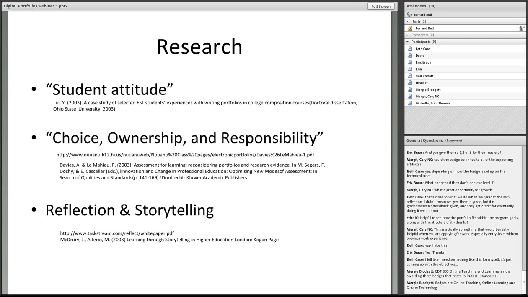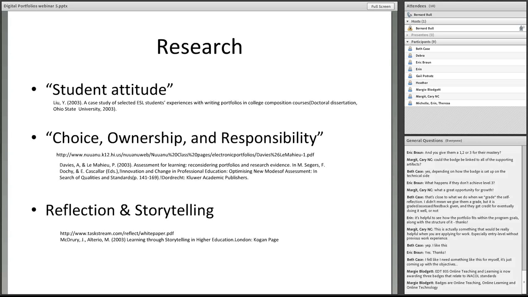And without making that culture shift, portfolio assessment doesn't seem to have that much of a positive gain for learners, because we need to have that kind of choice, ownership, and responsibility culture for learners to really be open to developing those necessary metacognitive skills, for learners to really begin to sort of investigate and discover more about their own learning in this process. And then the third piece that I'll mention comes from a really rich body of literature